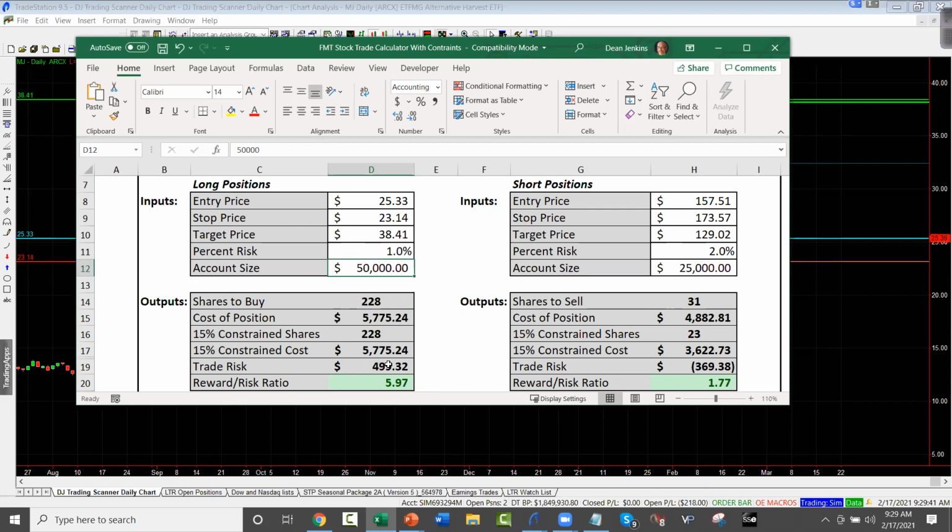And the risk is, it rounds for the price of the share, so it's $500. The trade risk is $500. You're going to put $5,700 into the trade, and if it goes down and hits the stop and fails, you're going to lose $500, or 1% of